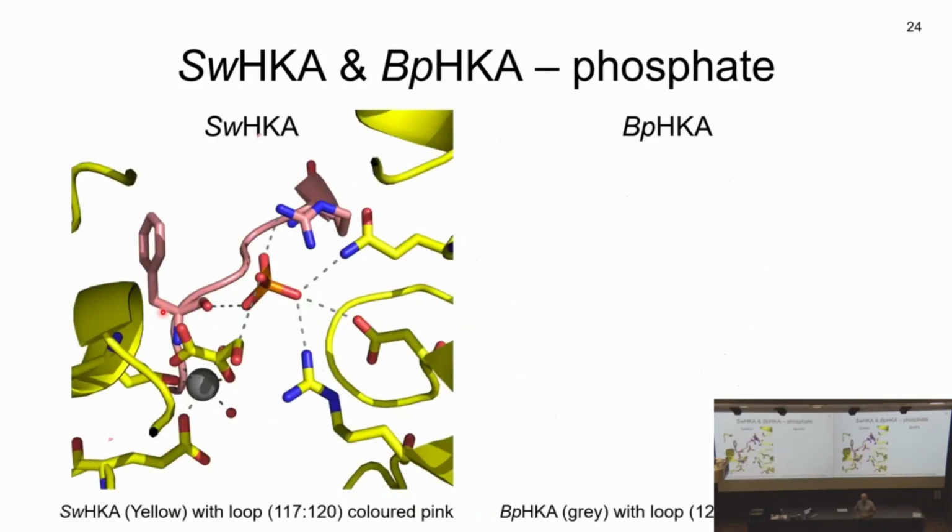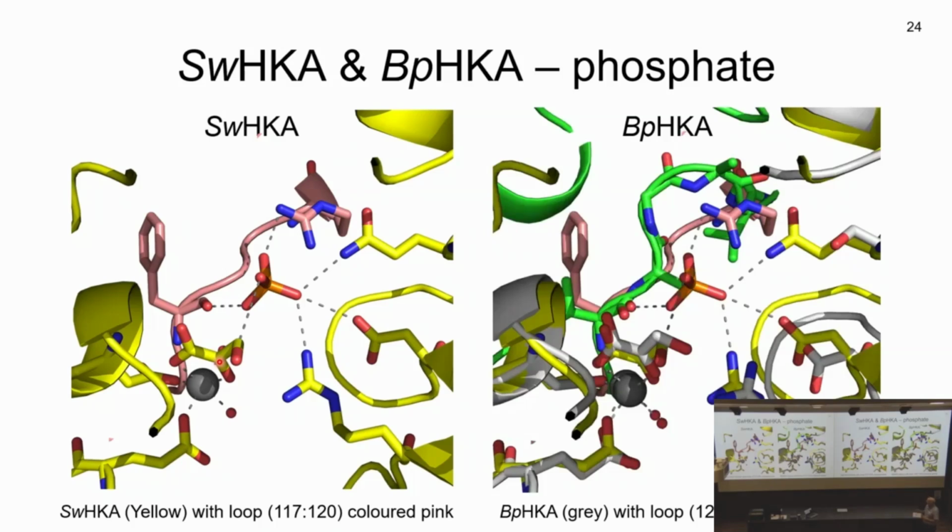So we then did soaking experiments with our crystals, and we did soaking experiments for 2 years, and we never succeeded to get the phosphate into the active site. So we finally did then a modeling study where we put the phosphate via modeling into the active site, and you can see that the phosphate then sits in a position where it's ideal to aid the deprotonation of this hydroxypyruvate. And for the other enzyme, if you do an overlay of the structures, you can see that the backbone that is here in salmon is in green, and that is in the same position as that phosphate, so the phosphate activation would not be possible in this enzyme. So we now think we have a good explanation why some enzymes are phosphate activated and others are not.